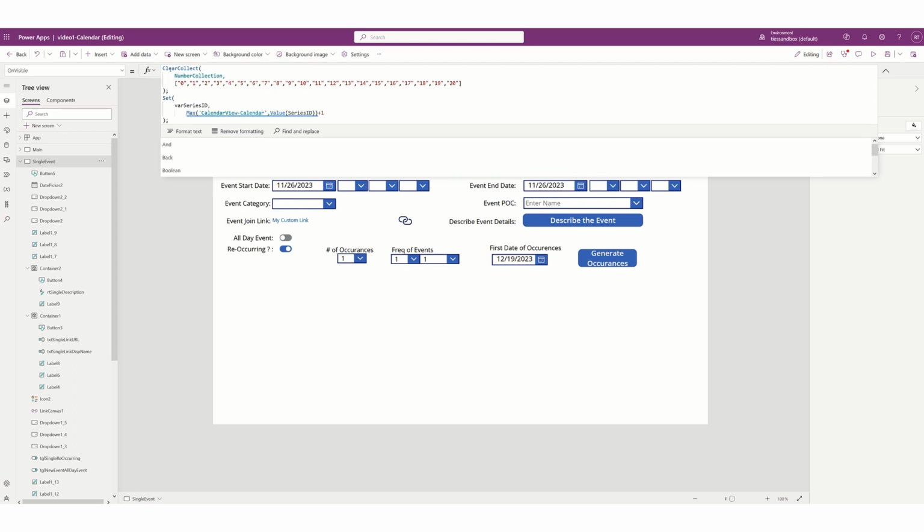All right, so the first thing to do is create a collection. It's called number collection. It's what we use to loop through. Whatever you select here, it will loop through the numbers until it gets to that and it'll stop. That's how we tell it how many times to loop. And then